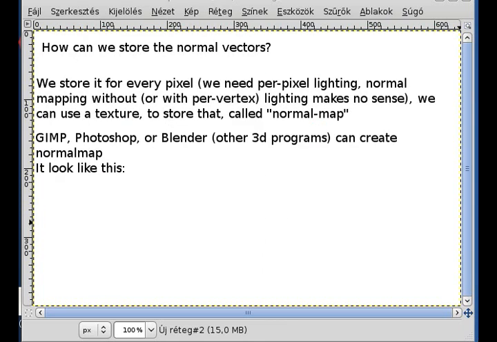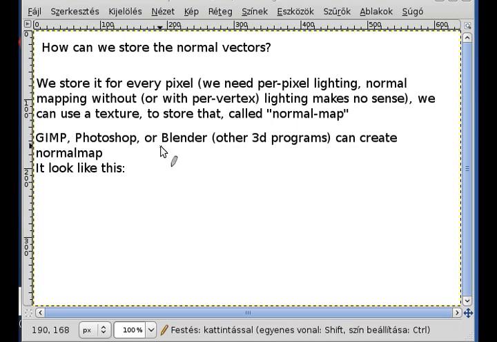So we can use a texture to store the normal vector, which is otherwise called a normal map or bump map, probably both. Anyway, you use the R, G and B components of this normal map to store the actual vector. So your R component will be the X component of the vector, your G component, obviously the green, will be the Y component, and the blue component will be the Z component of the vector. In this way you can store a vector in the R, G and B components of the image, which is a very convenient way to store it because you can easily modify a normal vector like that with GIMP or Photoshop or some other image manipulation program,